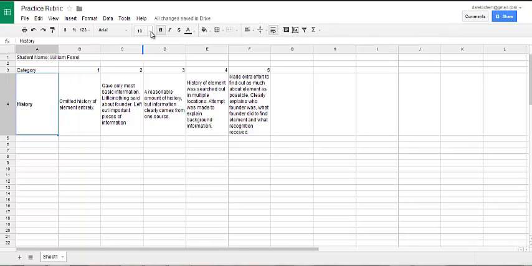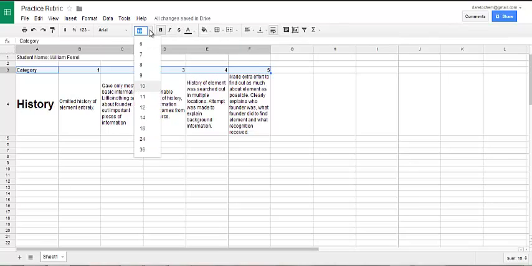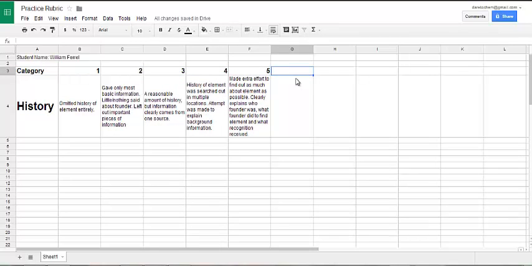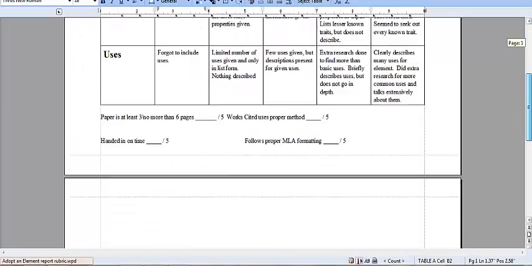If you want to change the font size, make one particular section really large in font so that the other ones carry through, you can do whatever you want. So I'm actually going to make these on the top bold just so I can see them a little bit bigger, and I'm seeing them better, I'm going to make them just a little bit bigger. Now, one of the things that this holistic rubric has, but it's all the way at the bottom,